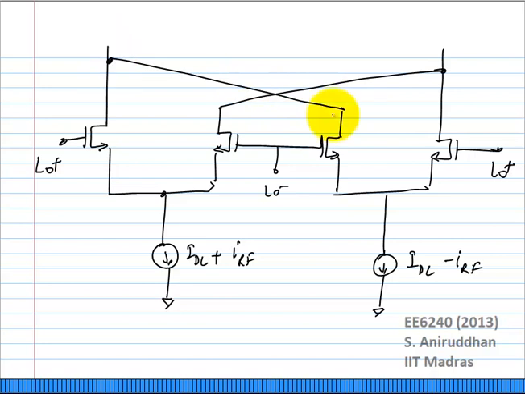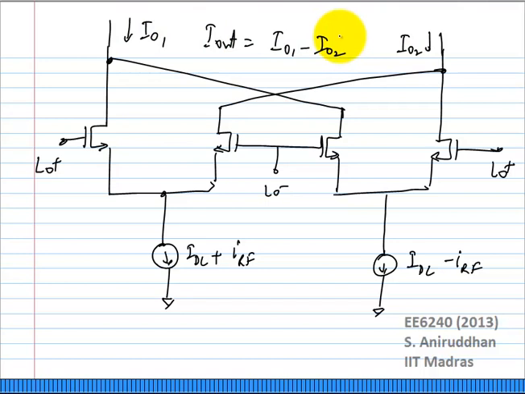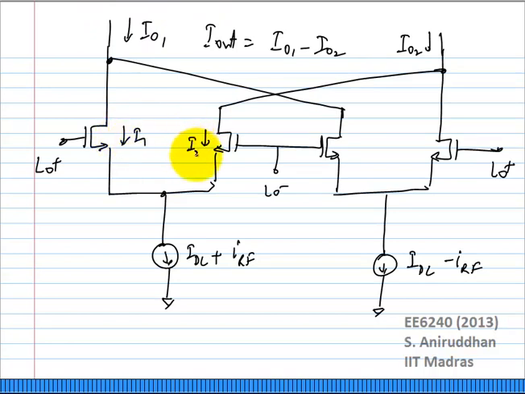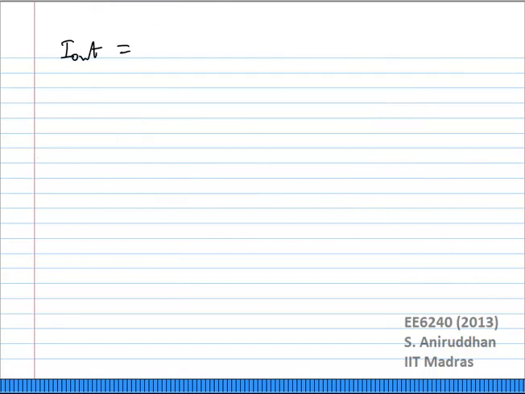I'm going to add the two currents in this way. IO1 and IO2 and I out, IO1 minus IO2, right? I look at the current differentially. Okay, that will give me the desired value I need. So if I actually look at my I out, let us say this current was I1, I2, I3 and I4. I1 plus I3, which is IO1, minus I2 plus I4, which is IO2,